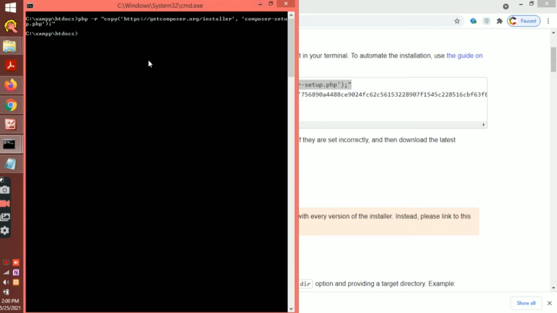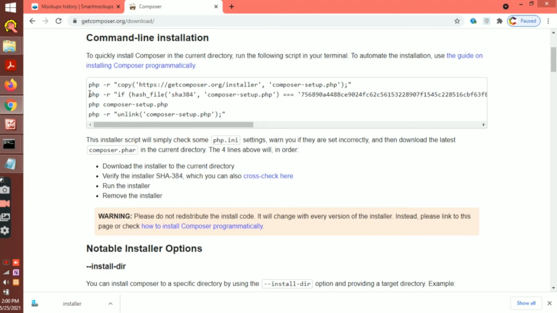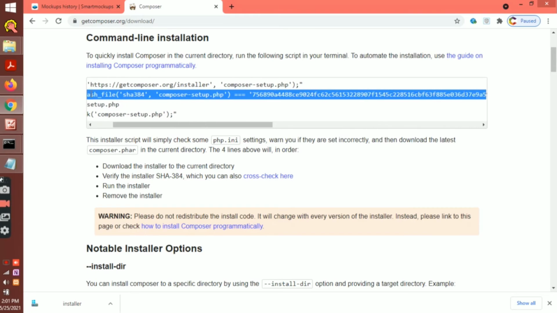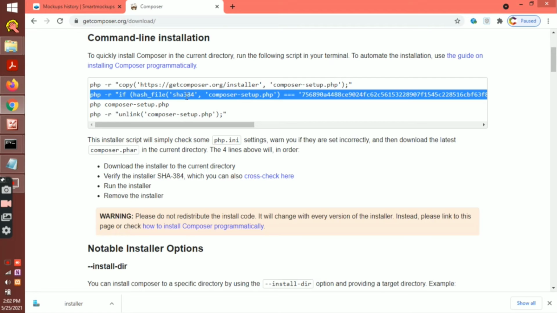You can see it is working. After this is done, copy the second command from the website. This second command is used to verify the installer. I am going to copy it, paste it into the CMD and hit enter.